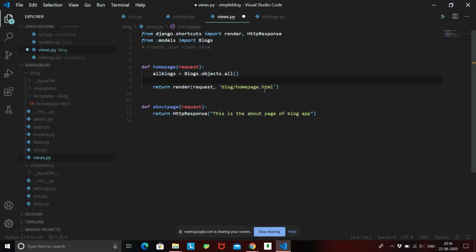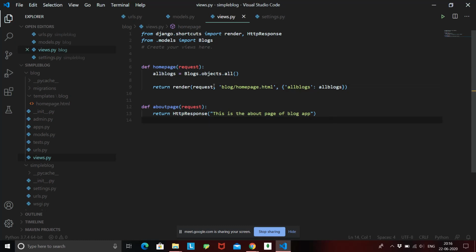So how can we pass this data to the HTML page? What we need to do is just create a key value pair, a small dictionary. We saw in Python how we can create a dictionary using curly braces, and a dictionary will have a key value pair, right? So now you need to give a key. We'll give the same name, all_blogs, and we need to give the value as the variable name that we have just created, all_blogs.